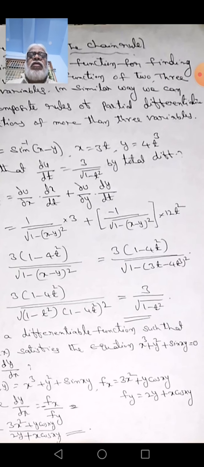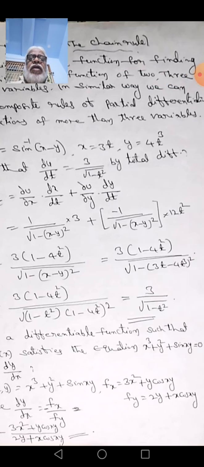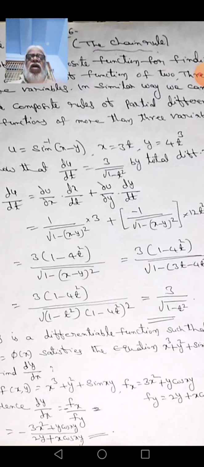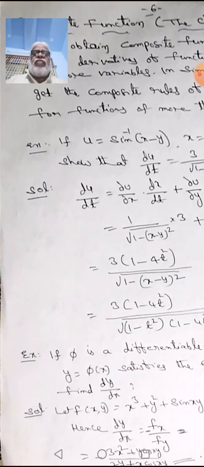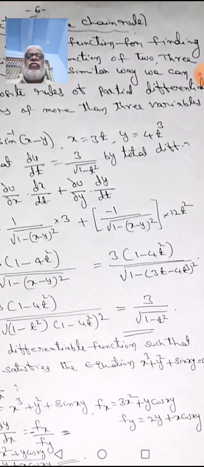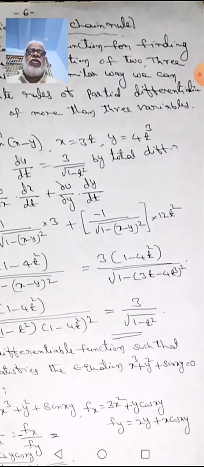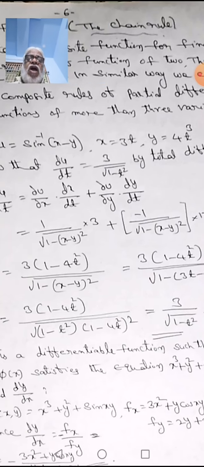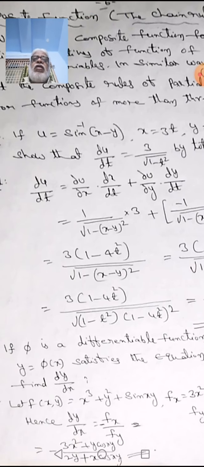In a similar way we can get the composite rule of partial differentiation for functions of more than 3 variables. If there are more than 3 variables, that is called composite functions. In composite functions, how can we solve the problems? By using partial differential equations. You see here,